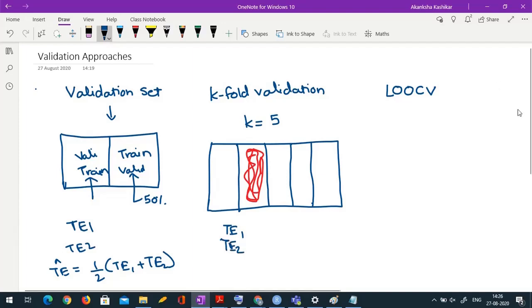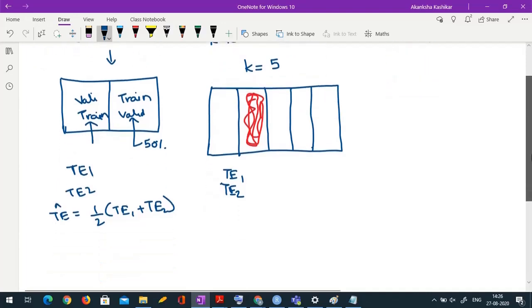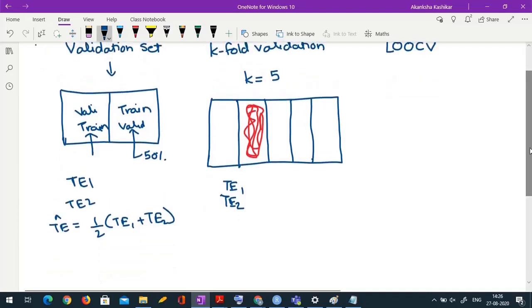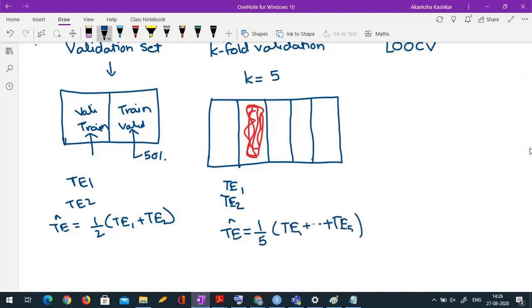Every time I keep one part of the data as test data and fit the model on the remaining. So finally my final estimate of test error would be 1/5 (T1 + T2 + ... + T5). In general for k-fold it would be 1/k times the summation of Ti, i going from 1 to k.